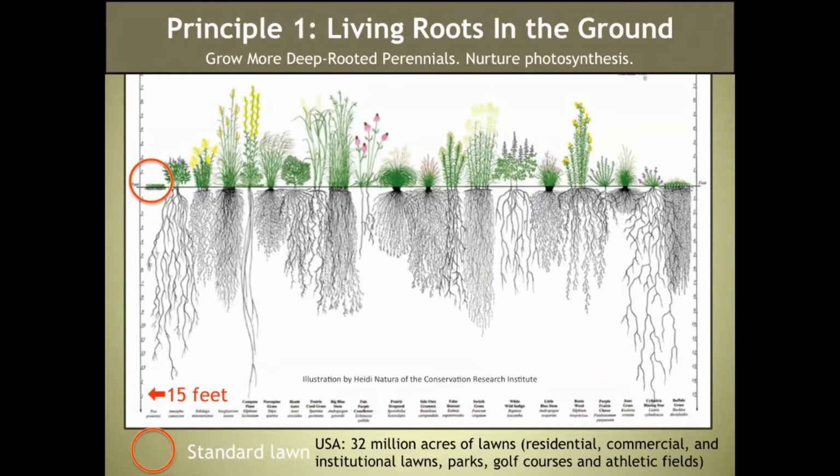The first principle is living roots in the ground. Living roots in the ground with green growing plants on top for as long as possible. Because as those green growing plants are growing, they are nurturing photosynthesis. We saw in Lauren's presentation how photosynthesis works and why that's a very important part of our energy budget from